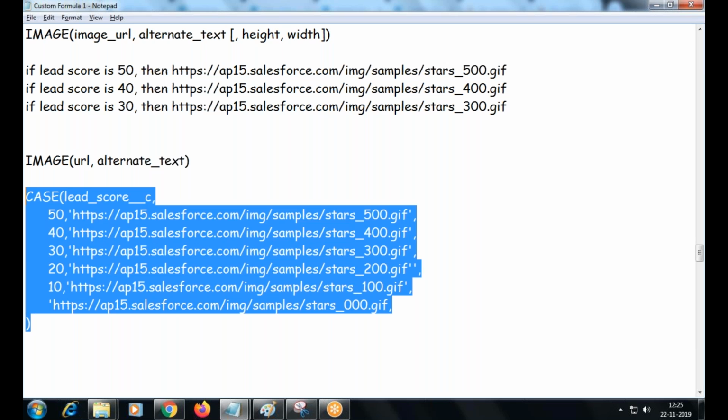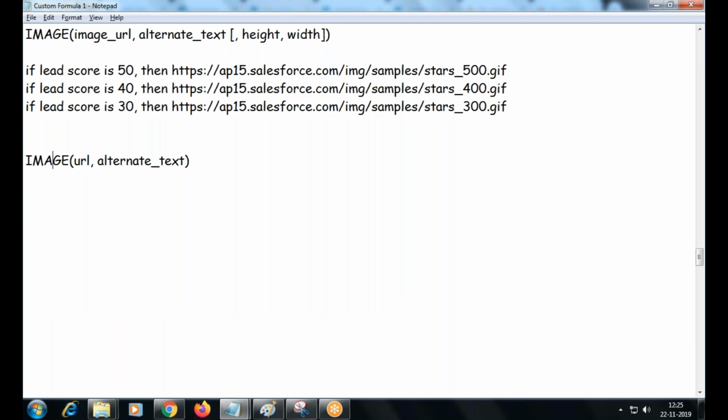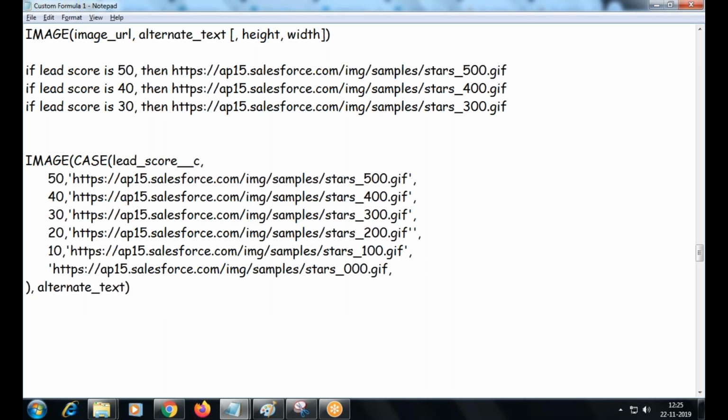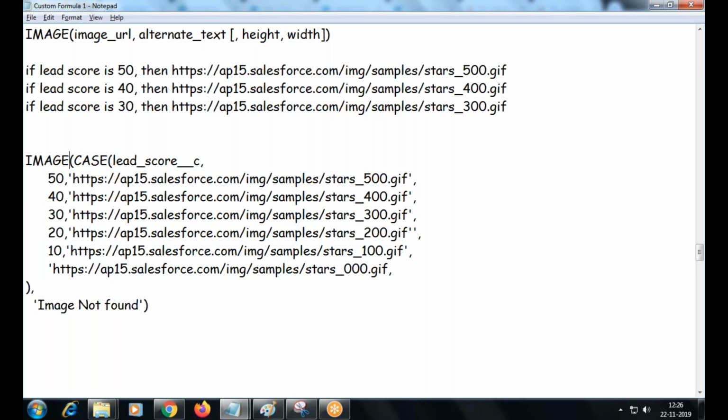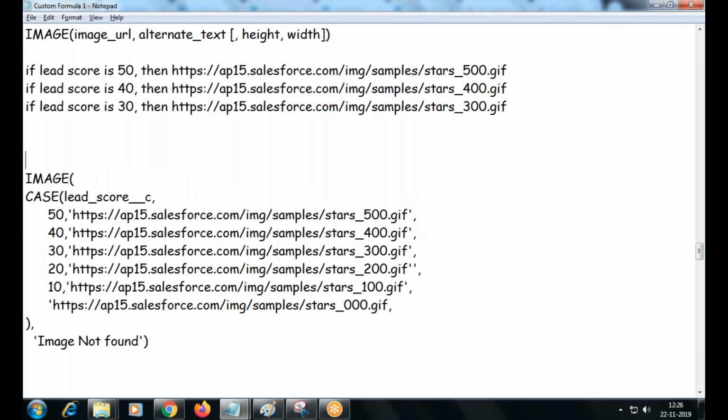Fine. So the entire thing you are going to replace with your URL, and if none of the images is resolved properly, then you are going to give some text. Image URL comma alternate text.